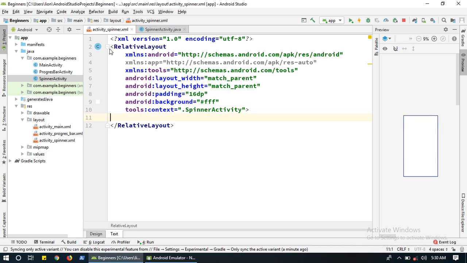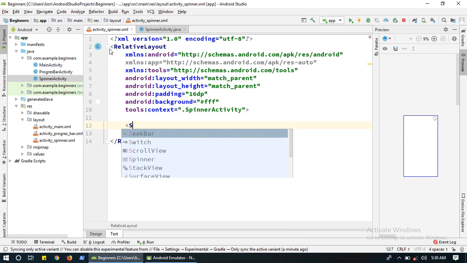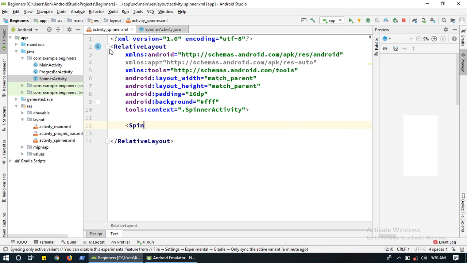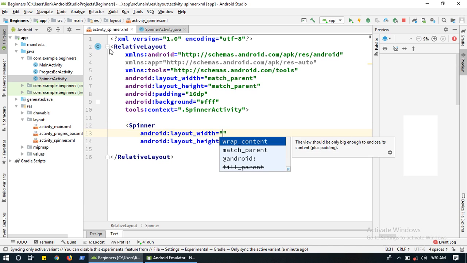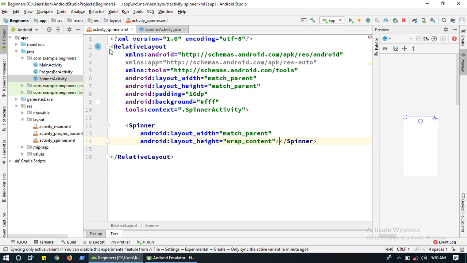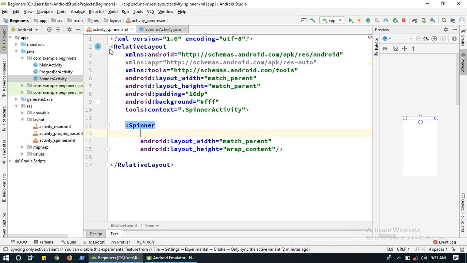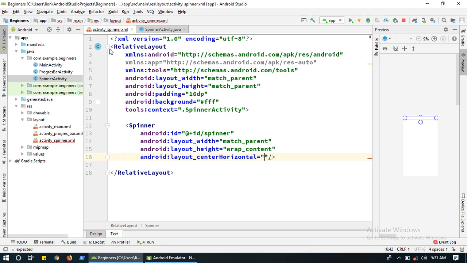After that I want to create a spinner with match_parent and wrap_content. Just remove this like this. Okay, create the ID for the spinner, ID spinner. Then center horizontal true